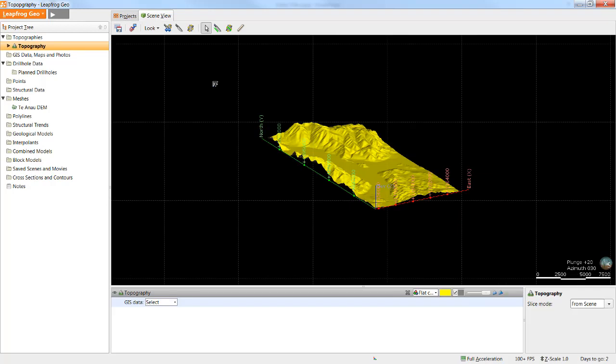Now that we have a topography surface, let's look at importing maps or images and draping them on the surface. In this session, I'll demonstrate importing both georeferenced and non-georeferenced images. Importing a georeferenced map or image into Leapfrog is a very simple process. The most important thing to ensure is that the georeferenced data is in the same coordinate system as the rest